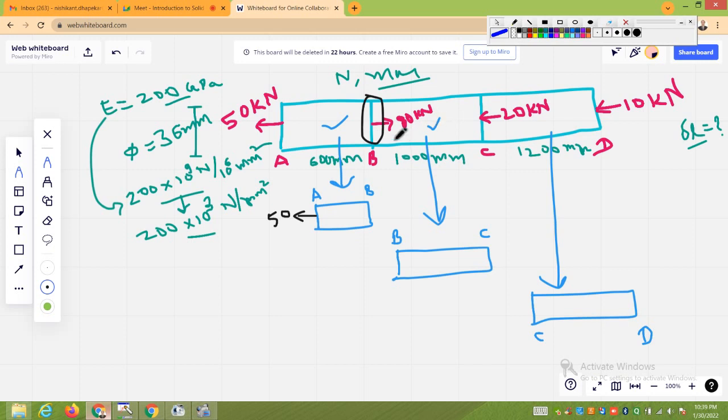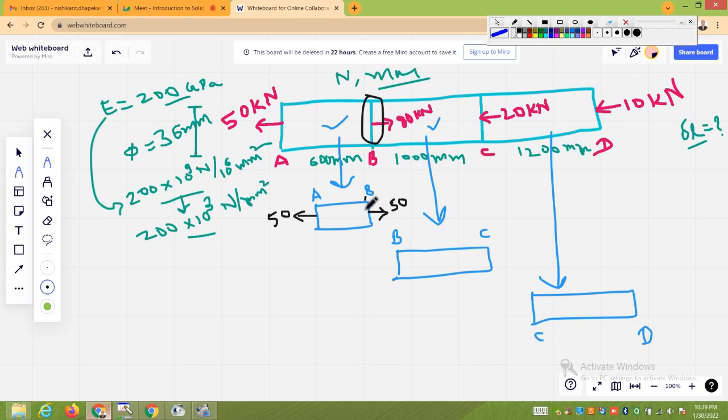Clear? Now as far as section AB is concerned, if 50 is acting in the leftward direction, the reaction, this 50, will be in the rightward direction. But at this section B,